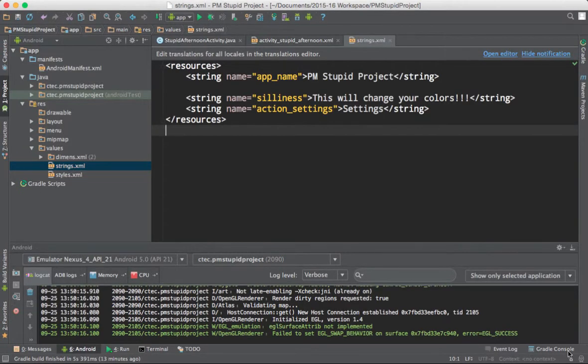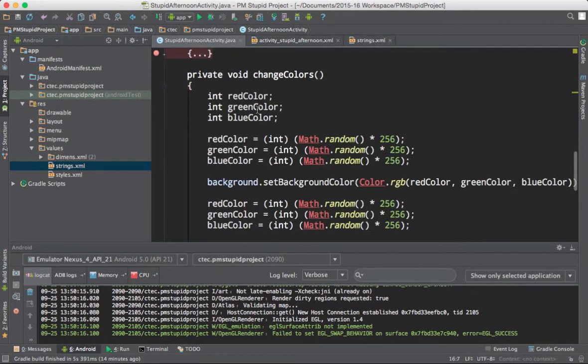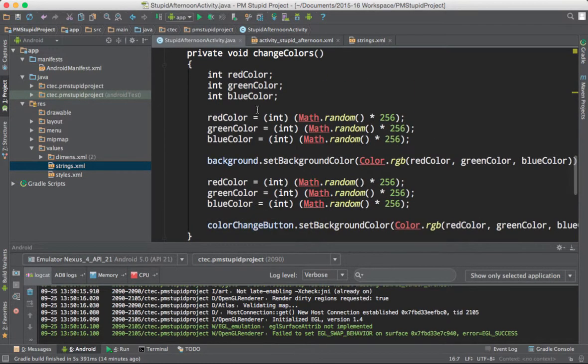All right, so we want to continue working on the idea of how to actually show what our app looks like after making those changes. So taking a quick look again at our code, we have over here our declaration of our variables and all of that. We made a method called changeColors, and in that changeColors, we declared a few variables. We have an int variable called red color, green color, and blue color. We then randomly grabbed those variable values. We cast them from a double value, because of math.random, as an int, so we can pass